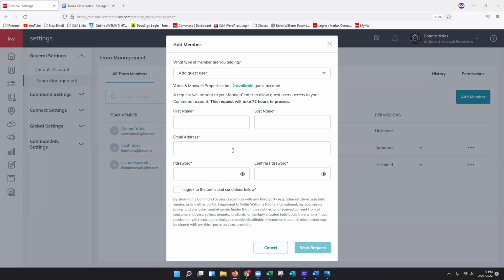So confirmation email goes to this email address. Then they will have full access to log in. You will need to provide the password. The username will be in that confirmation email. Password will not, which is why, again, make sure you write this down. It'll make things a little bit easier for you guys in the future. But once you guys do that send request, everything will come through and it will add them right to your